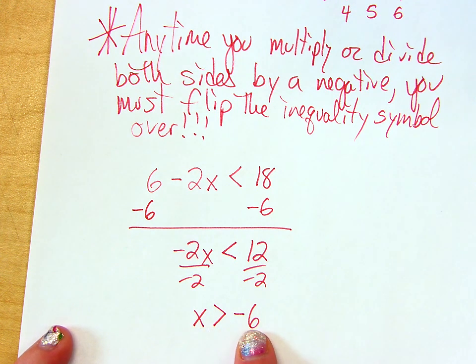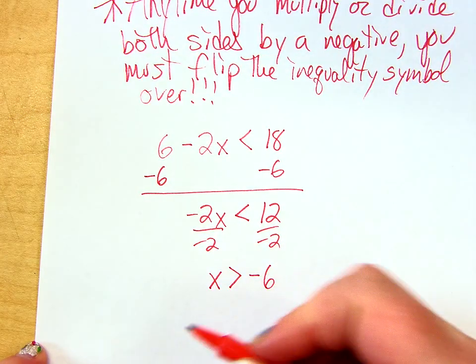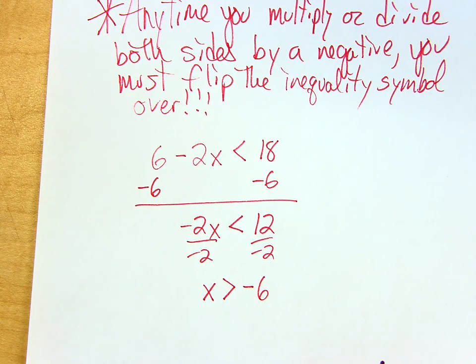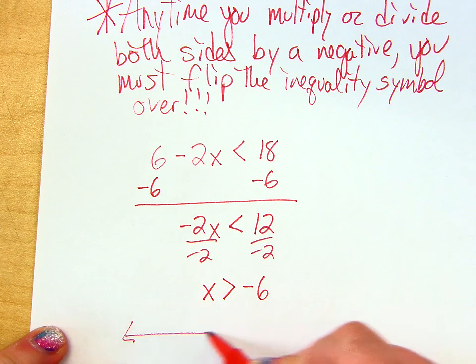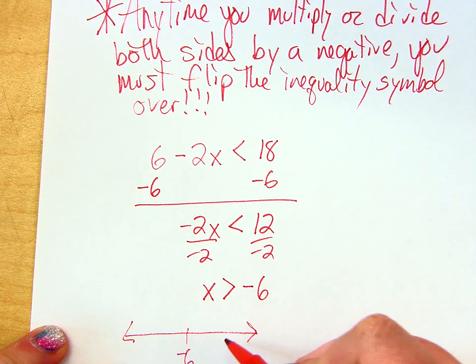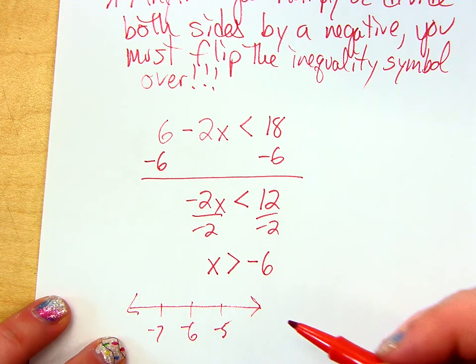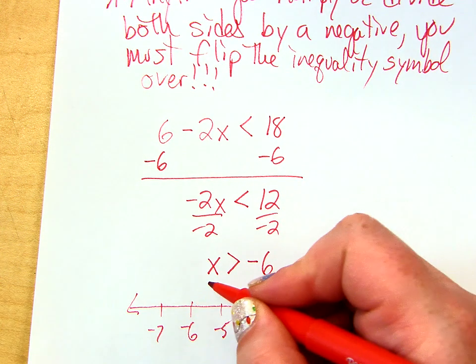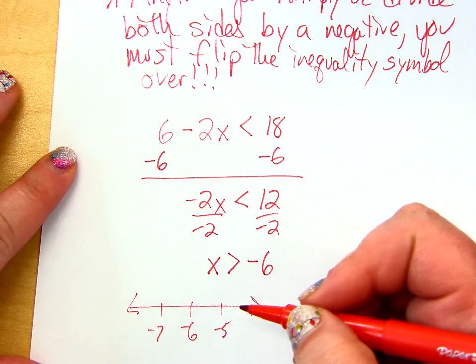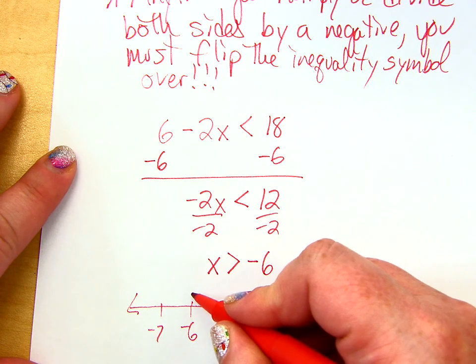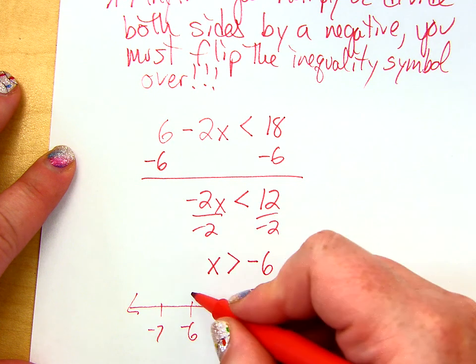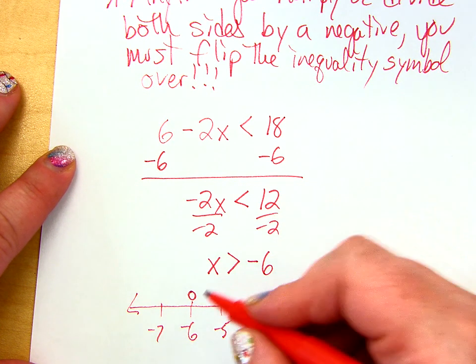So there's my answer. I could ask you to graph this. Go ahead, everybody graph it, and we'll see if we all end up with the same graph. What kind of a dot should I put at the negative? And I should shade to the